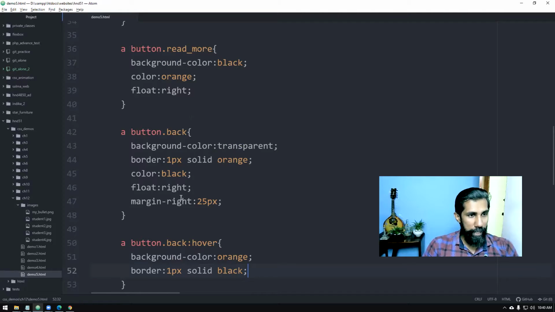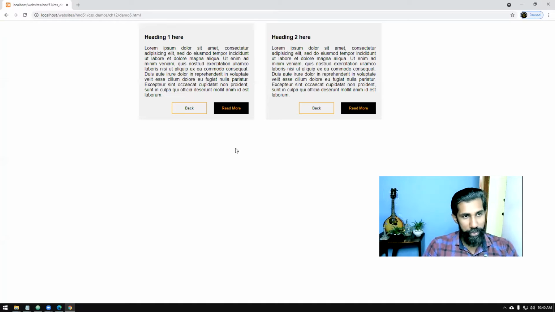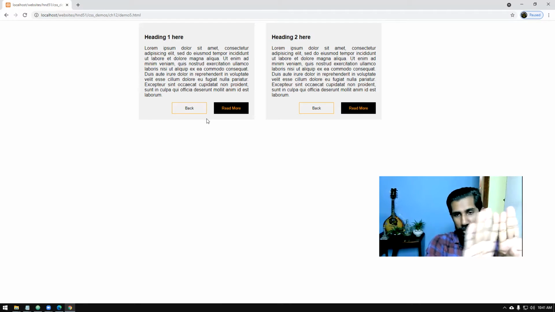Now, the thing that we actually learned is float. So what is float? We can either float the elements to left or right side as long as space is left, we can do that. And if you say left float, components will start adding up from left side to right side, one after the other, and there will be no margins at all next to each component. You have to manually give the margins and you can push them to the other side. You can keep on pushing as long as there is space left, and when there is no space left, it will start going down. Okay, right?